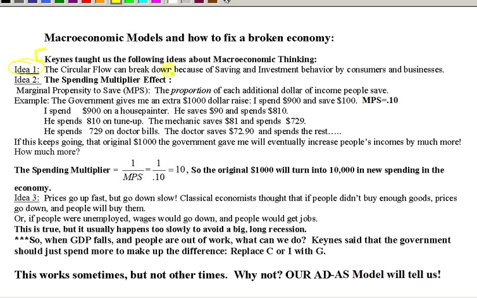That can break down because of saving and investment behavior by consumers and businesses. Something can make people panic sometimes. Businesses or people can panic, and Keynes sometimes used a term like animal spirits. Animal spirits is emotional behavior. People start to think that there's a problem, or they get cautious, and then what could happen is, in a normal functioning economy,